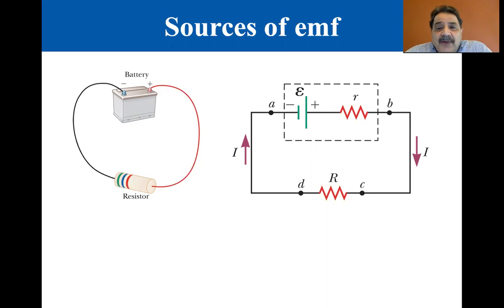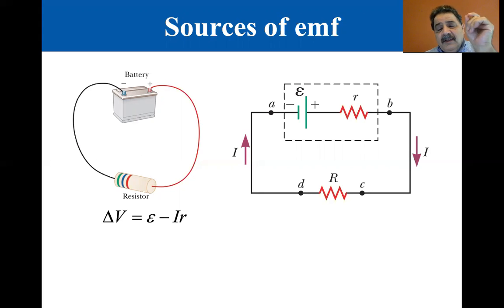And you can see the battery has dashed lines around it, and that lowercase r is the internal resistance of the battery. So the battery is actually between terminals A and B. And as the conventional current exits the positive terminal of the battery, it goes through the external resistor and back to the A terminal, and we'll see that delta V is equal to E,